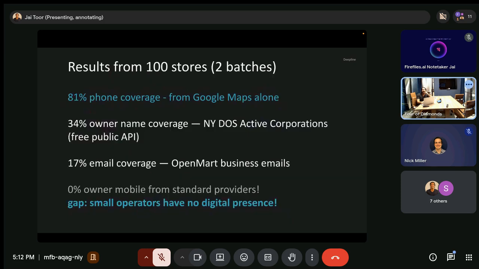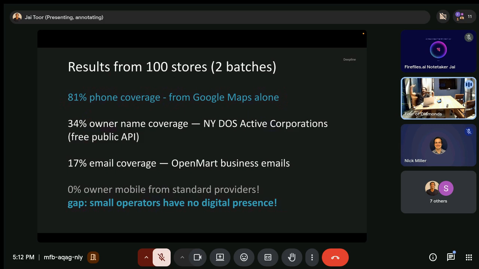Awesome. So on the sample that we ran for this customer, we got 100 stores in 2 batches. They already kind of have Google Maps data. That's a pretty common data source. On that, you can get the business phone number, but we're trying to get to owner information. So from that Google Maps data, we have all the restaurants and the grocery stores, and then we have the phones of the business. I'm going to go one level down.